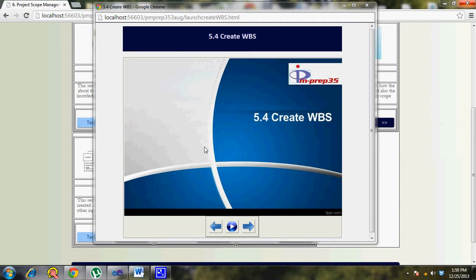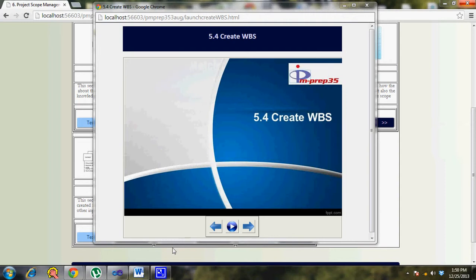The lowest level of the WBS is called the work package. The work package is something which you can assign to a team, a resource, or a contractor, and you can have good control over it. Understandably, the work package shouldn't be broken down so much that it would be tough to manage or control. If you break down a work package into a more detailed level, it becomes an activity. That's where you would not have better control over it.